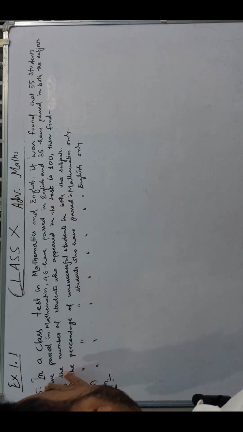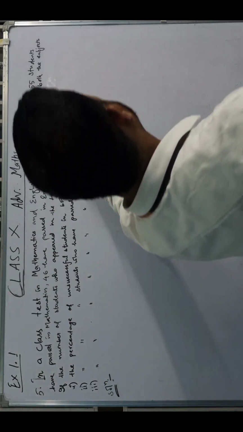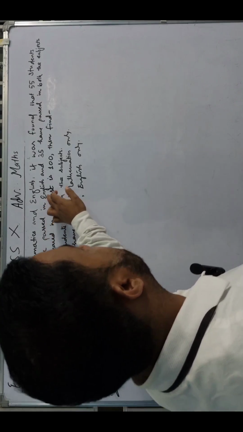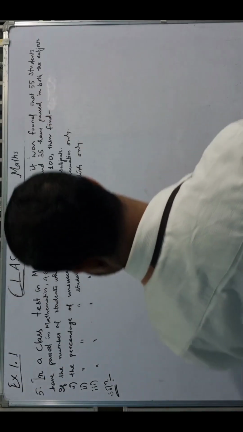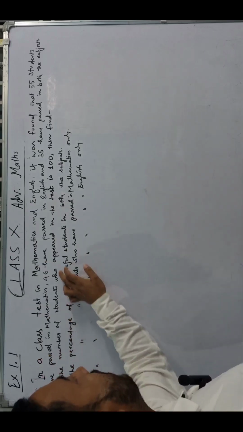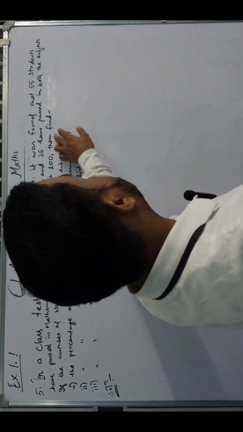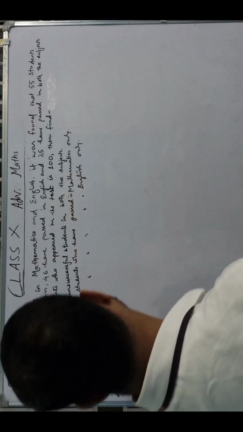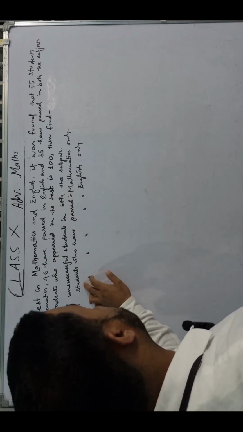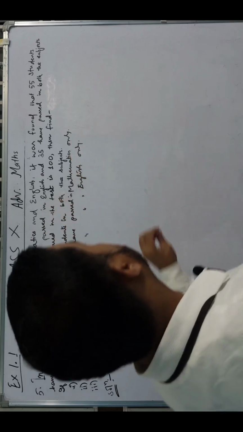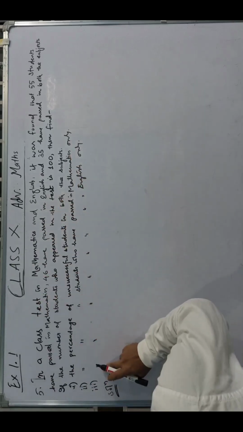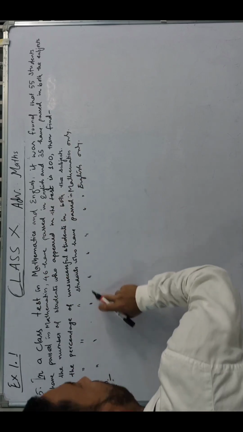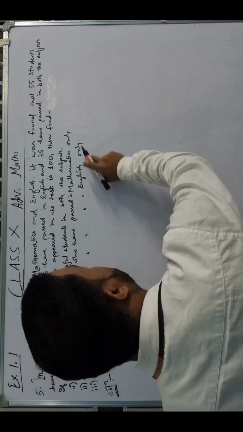In question number 5 it is given that in a class test in mathematics and English, it was found that 55 students have passed in mathematics, 46 have passed in English, and 35 have passed in both the subjects. If the number of students who appeared in the test is 100, then find the percentage of unsuccessful students in both the subjects, then the percentage of students who have passed in mathematics only,